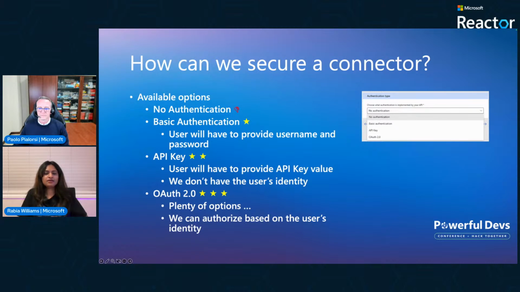API keys: users provide an API key to authenticate. A classic example would be OpenWeatherMap, suitable for services where user identity is not required, but using a key you can access in a controlled fashion. Easy to implement again, so you basically pass them in a header or as a query parameter. But the downside would be, again, these API keys can be easily shared or leaked,